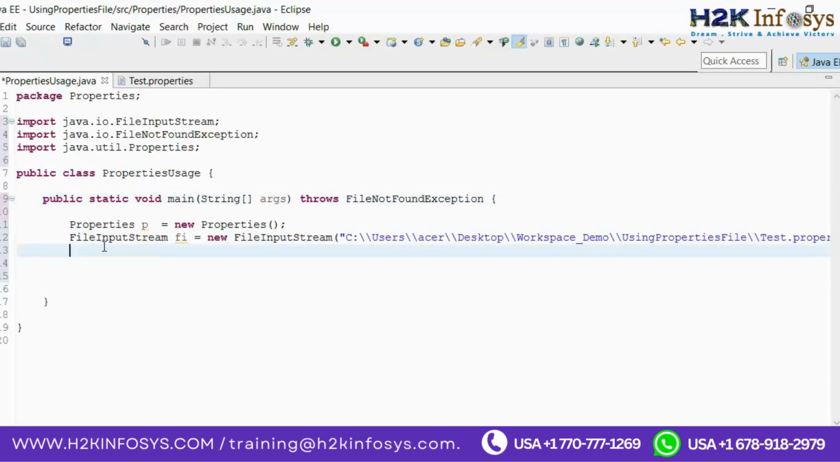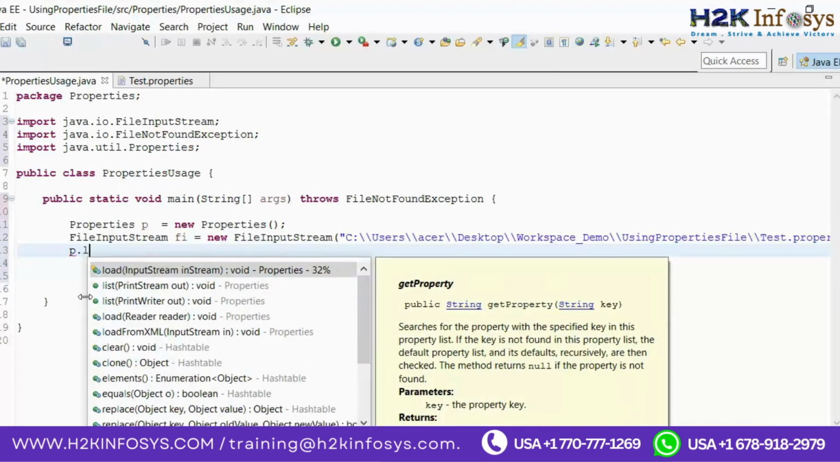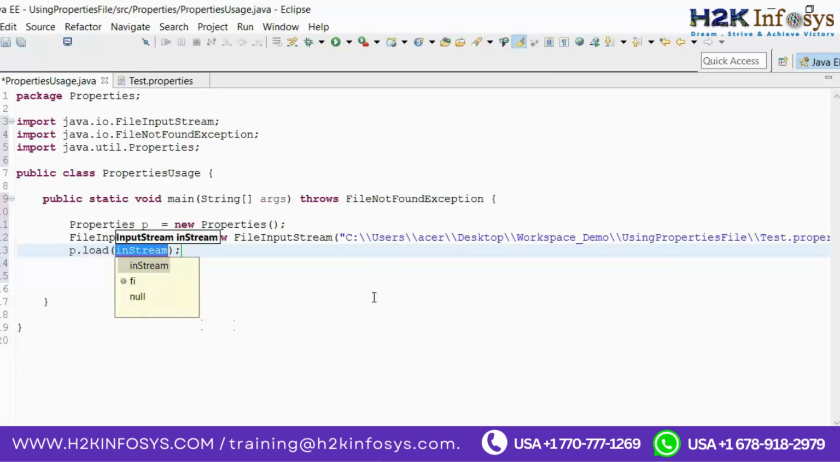So after it reads the input data, I have to load that particular properties file. So there is a load method of the Properties class. So I'll use the p.load method. And what am I trying to load? I'm trying to load the fi. fi represents the FileInputStream, which gives you the path of the